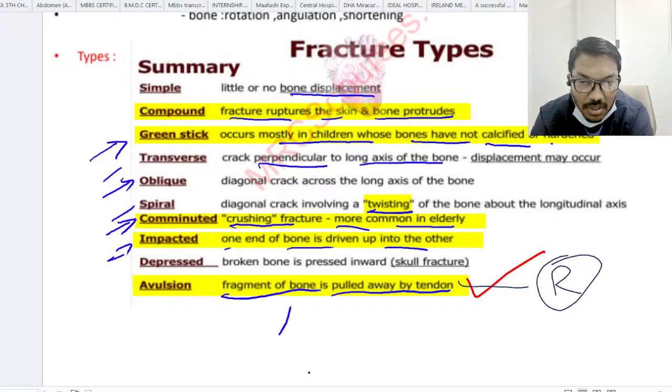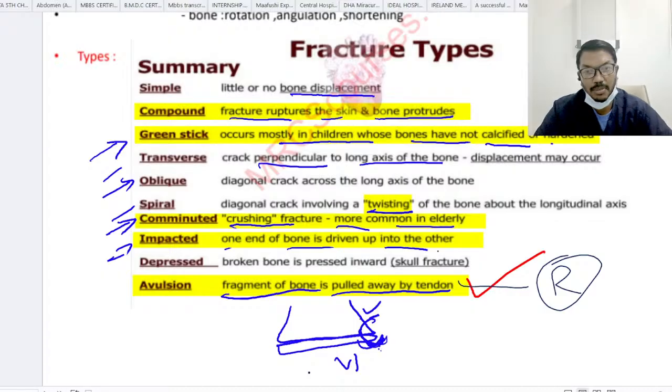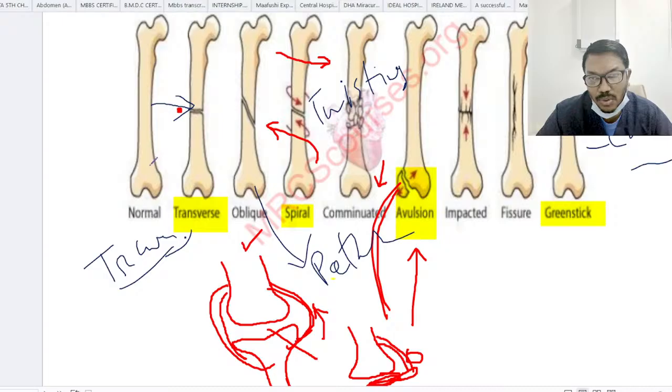Remember the Salter-Harris fracture type 6 we have seen here. There is a fracture and it is avulsed and it is connected with the tendon. That's why this part is connected with the tendon, but this part is away from the bone. Periosteal connection. This is normal transverse fracture, oblique fracture, spiral fracture, comminuted fracture where there are more than two fragments, avulsion fracture